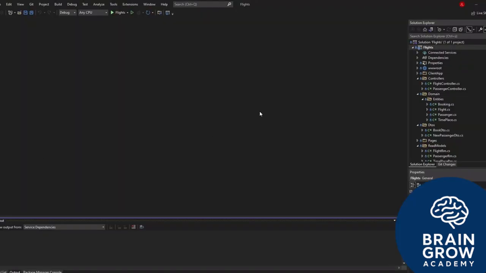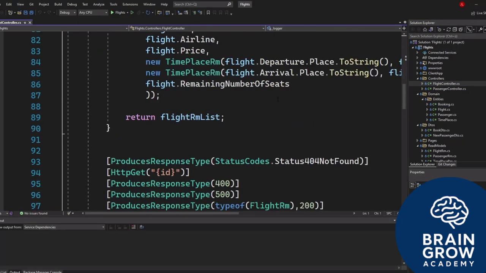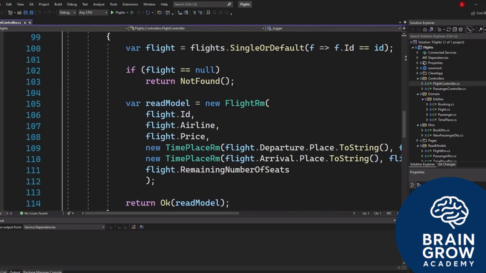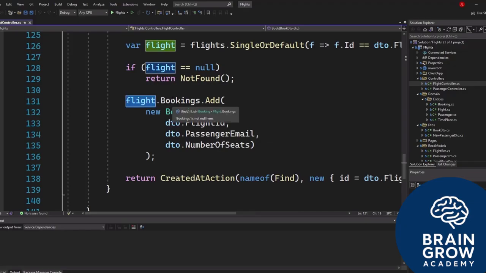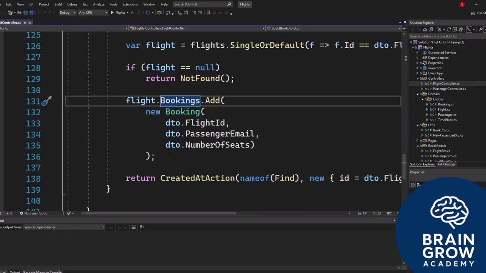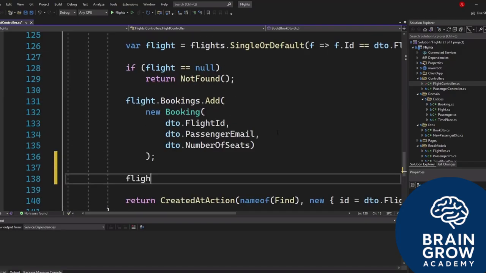So when the user is booking a flight and he says, hey, I want to have 5 seats, then we should take that number, 5, and decrease the remaining number of seats in the flight. So now go ahead into your flight controller, scroll a little bit down until you can find where we are adding bookings. So here in book, we go to the flight, and to the bookings, we add a new booking. And afterwards, after we have added a new booking, we should go ahead, take the flight again, and decrease remaining number of seats